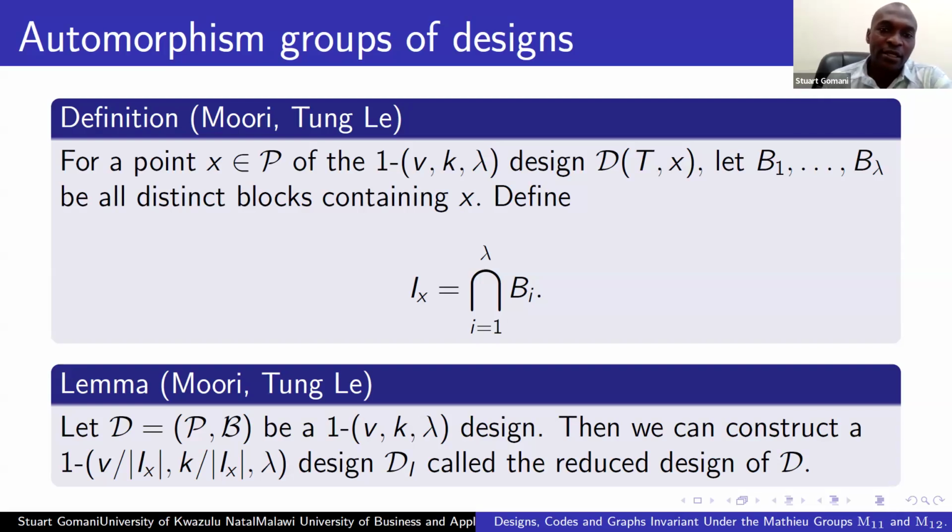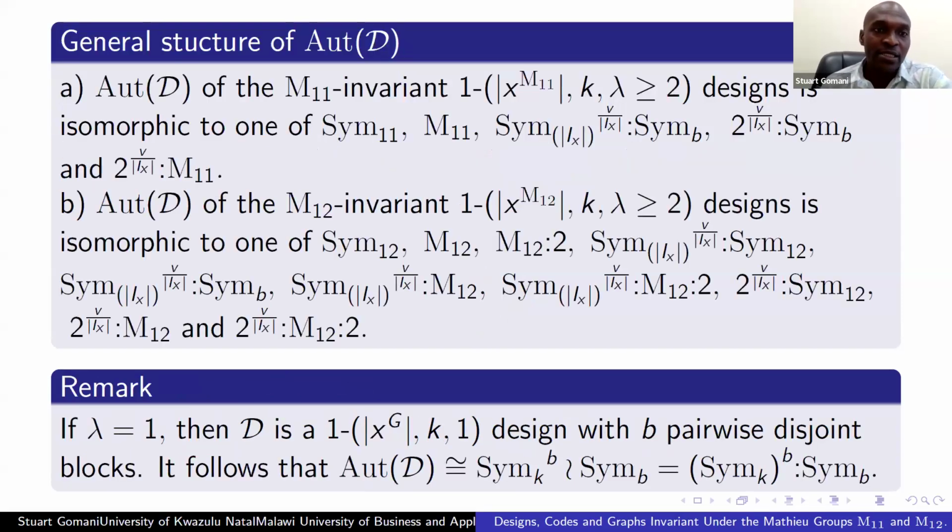This reduced design and the intersection of lambda blocks have become absolutely critical in us determining the automorphism group of the designs that we have, as we are showing in this next slide. So the general structure of the automorphism groups for the designs under M11, the automorphism groups of these designs are isomorphic to one of these groups. So you notice SIM11 and M11